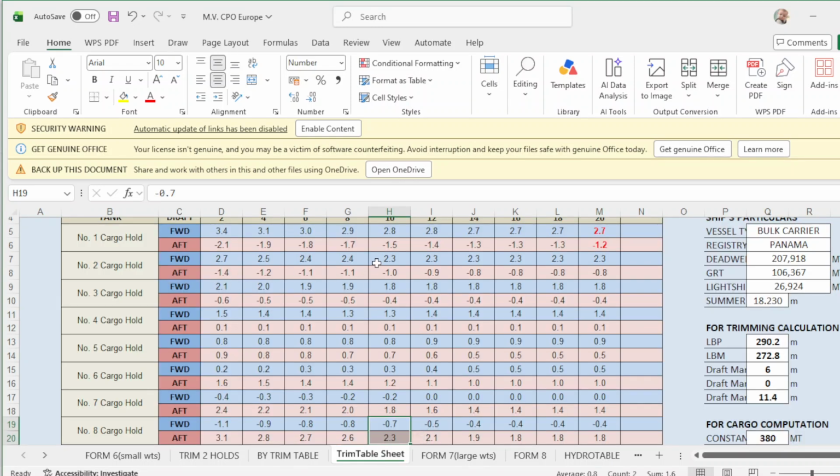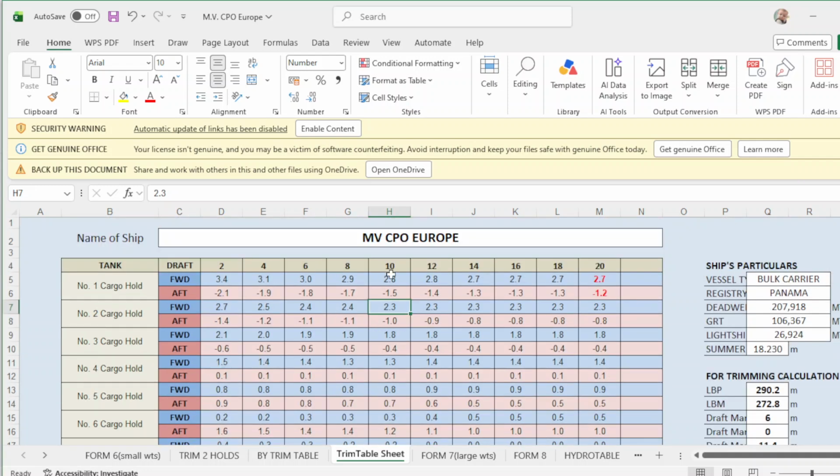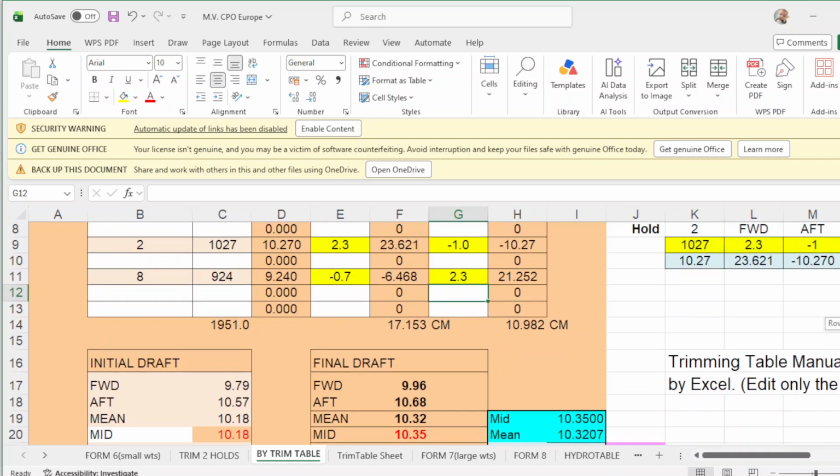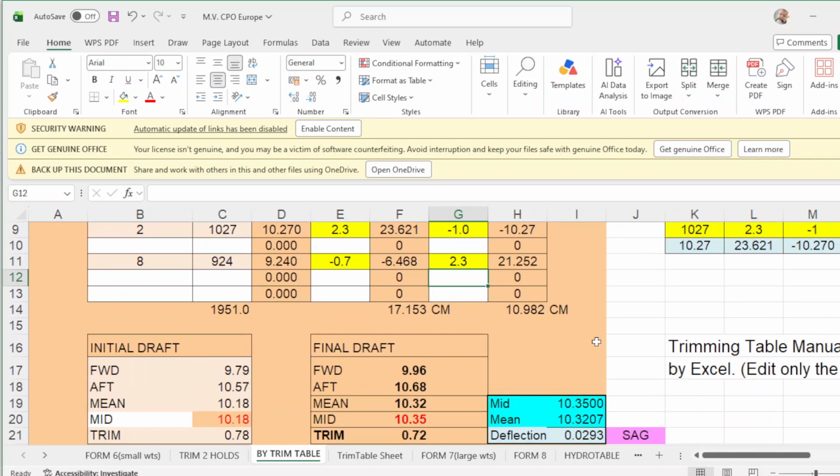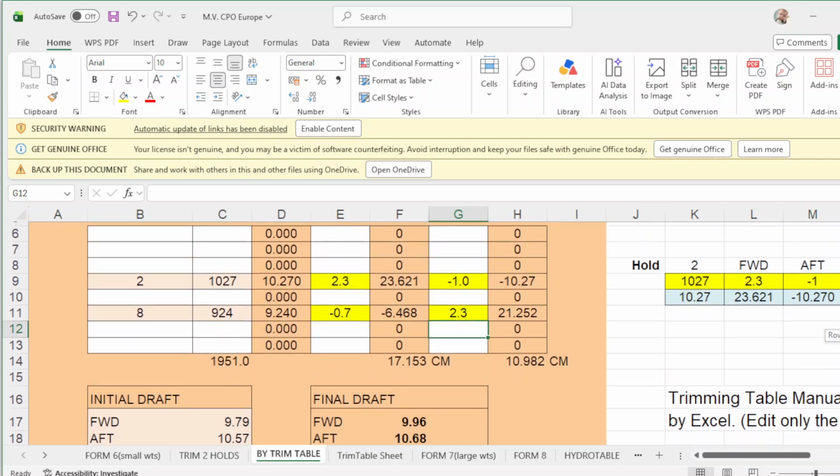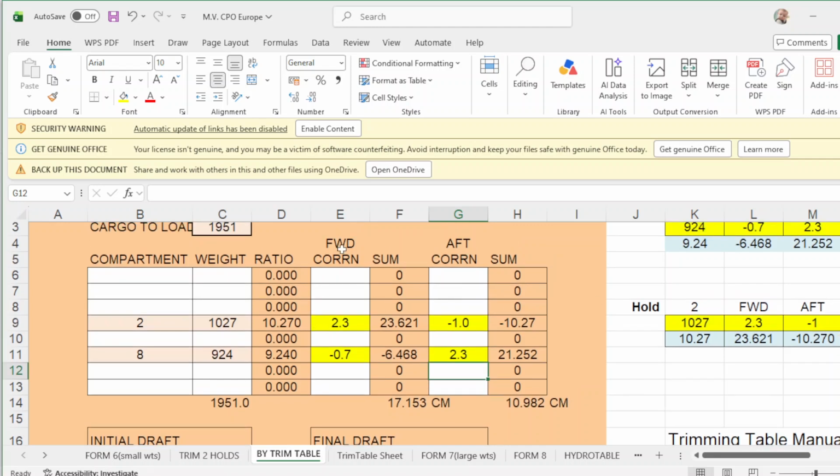With this correction, since your drop is 10 meters and 10.70, it could be somewhere around here. Okay, so what you will do, you want to make this 10 meters. So you adjust your drop correction.